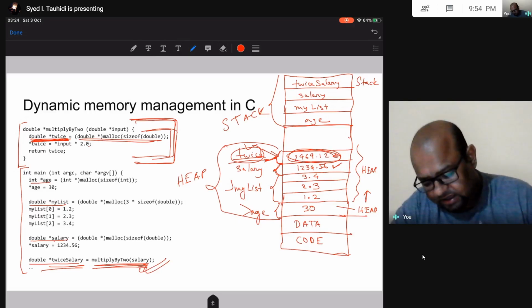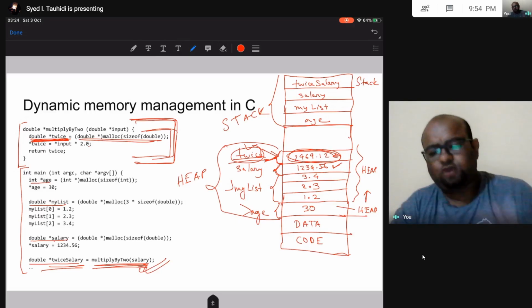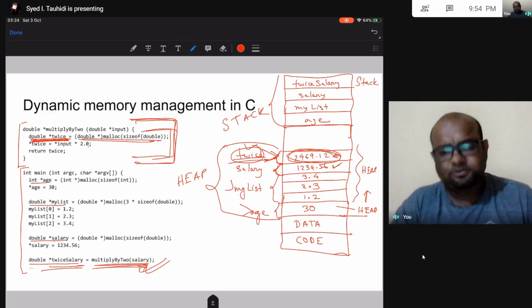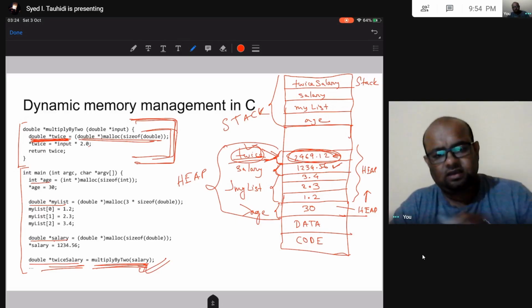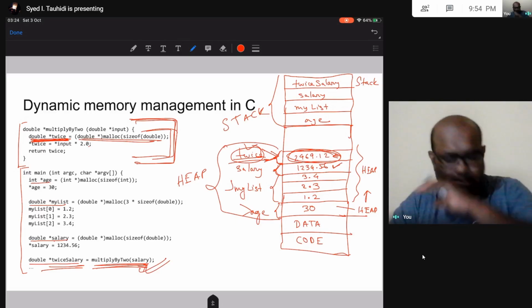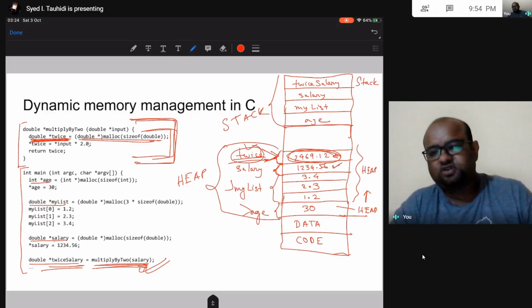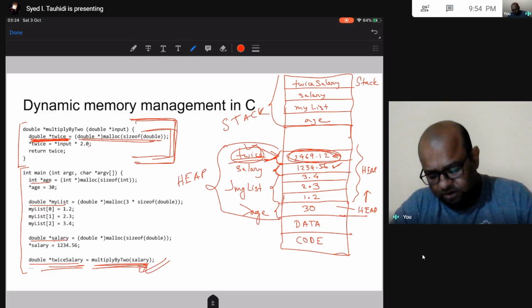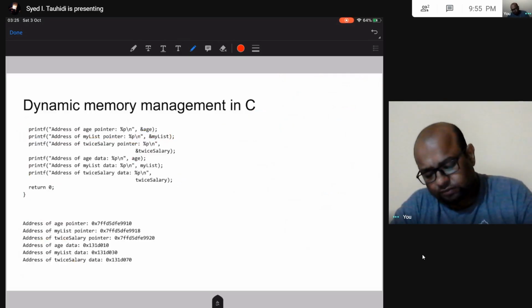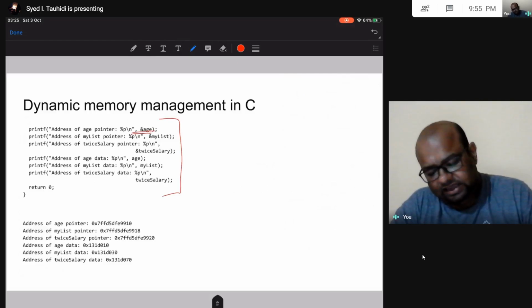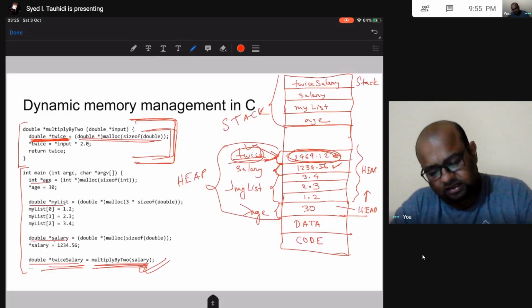But look at this program. I hope this program makes absolute sense to you. Now let us go ahead and continue this program. The main function is not complete. Here I am going to print the address of age. Okay, so age is here.